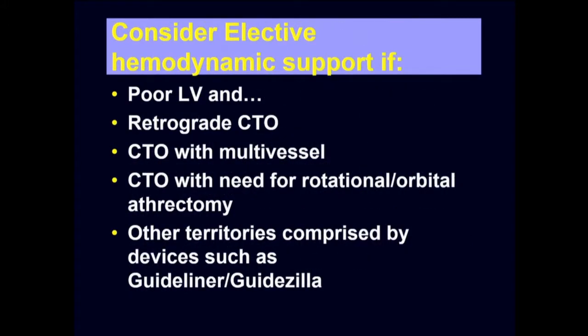So the case Cal showed is great, but the people you want to at least think about this in are patients that have poor LV function, and maybe you're going to do a retrograde CTO, so you may compromise the left coronary system with microcatheters, especially if they're diseased. If you're doing multivessel